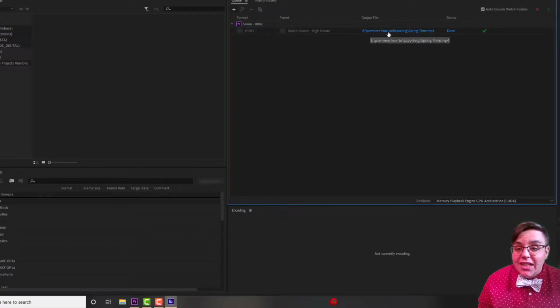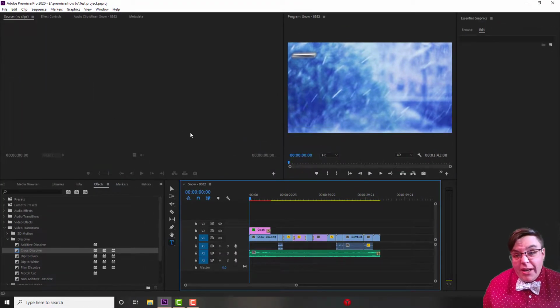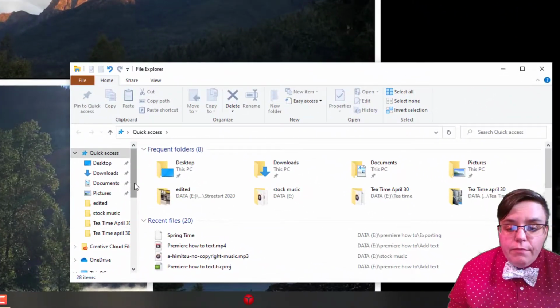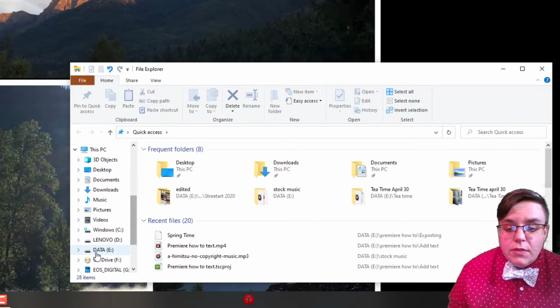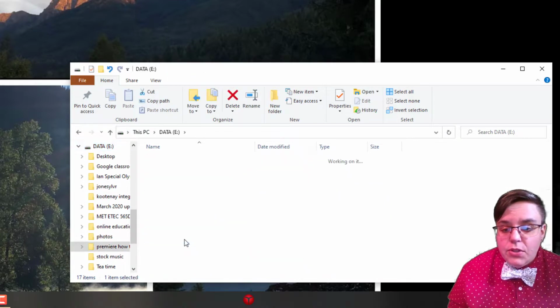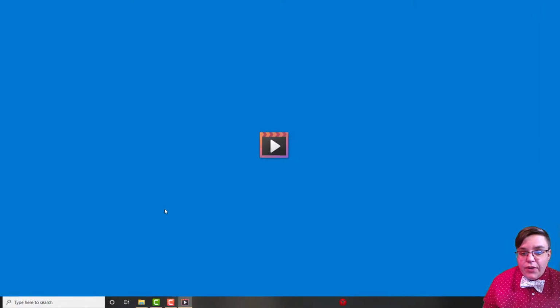So it is in this file path. For us, it's in the Premiere How-To folder. Exporting Springtime is the name of the video. So now I can close this, and just make sure you've saved your project file in case you have to go back and re-export it. And I could close Premiere, and I can go to my folder that we saved it into. So for me, it was Drive, and then it was Premiere How-Tos, and then it was exporting, and there is my video. So if I hit play,